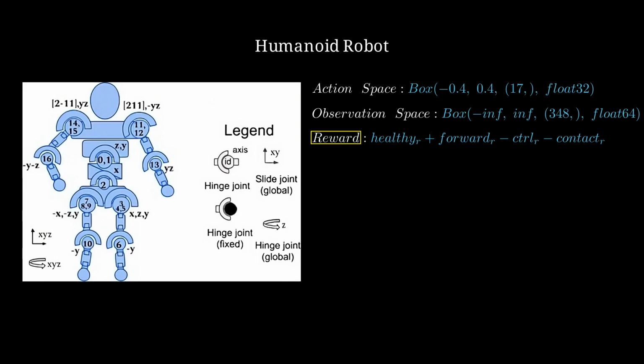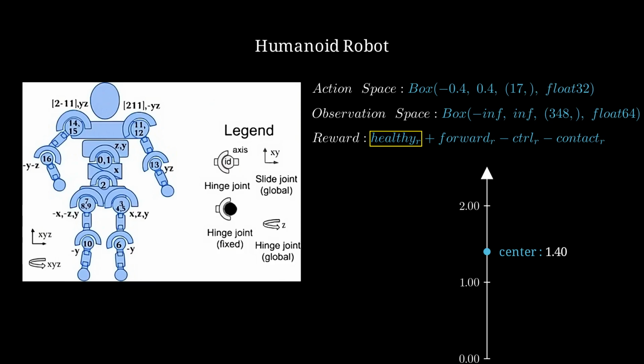To guide the neural network we add the concept of reward. This reward is just a numeric value and the goal of the algorithm is to maximize the reward. The first part of the reward is the healthy reward. This reward is dependent on the center of the humanoid robot on the z-axis. This value is 1.4 at start, with some randomness. If the value is between 1.0 and 2.0 then the reward will be 5 for every step of the play. The purpose of this healthy reward is to ensure that the robot remains in an optimal standing position, maintaining balance